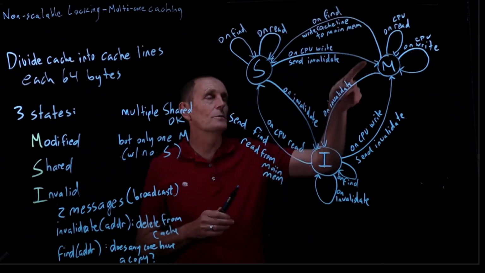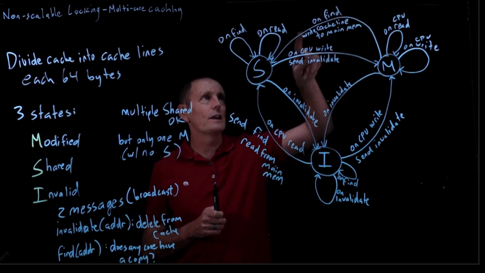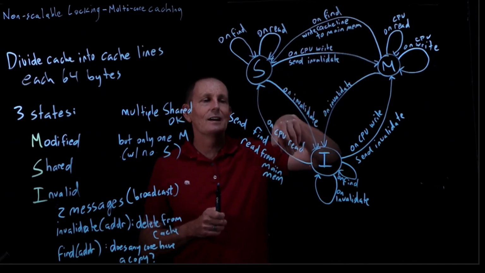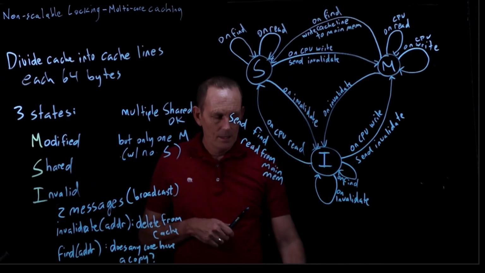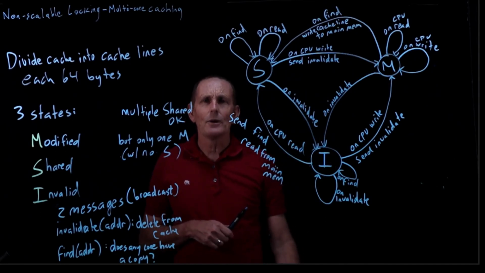So the cost of that, of course, would be 2 memory cycles. We'd have 100 nanoseconds to write to main memory and then 100 more nanoseconds to read from main memory. So that is our